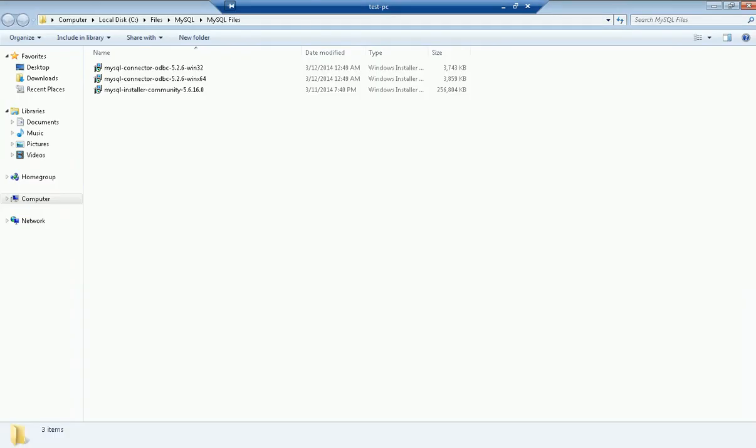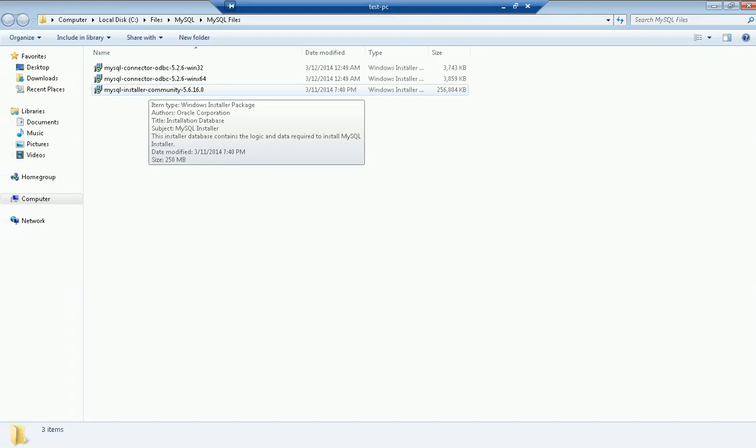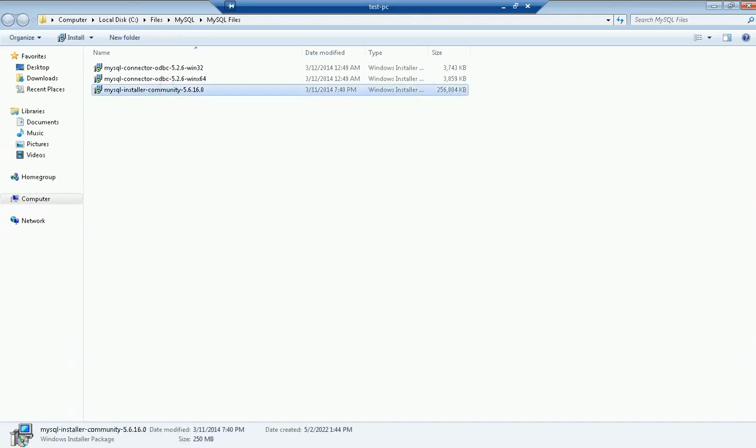We are inside the server now, and I will start by clarifying the files we need to install in this server. These are the three files needed, and this one is MySQL Server. The version of this is 5.6, and the current version for MySQL Server is 8 point something, and this one 5.6 is about 5 years old, but I'm using it for a long time and it's very, very stable,